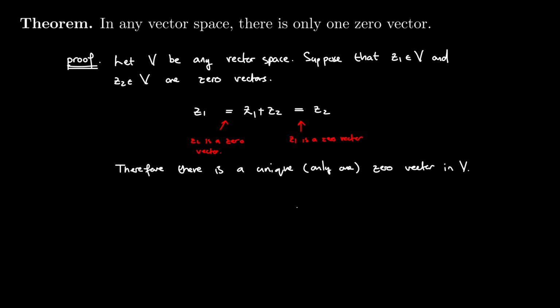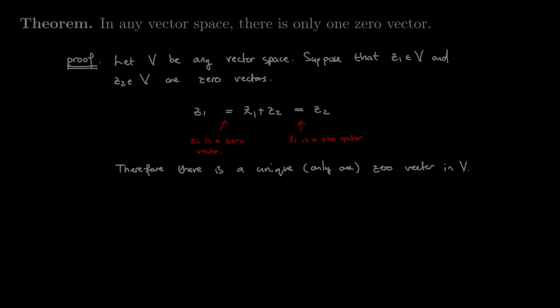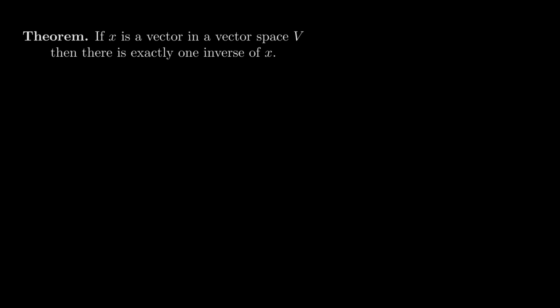Let's take a look at just one more. It's going to follow along similar kinds of lines. So here we're dealing with the next theorem. Given any vector x in any vector space, why could it not be that this vector has two different kinds of inverses? This might be straightforward in R2 or R3, but if we go back to our,